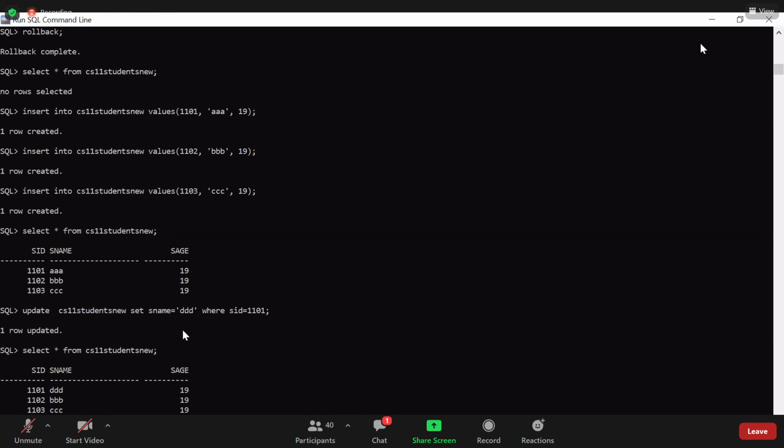If you have not specified the where condition, then the modification will be applicable to all the records. At that time you can update. Understand? So this was about update.